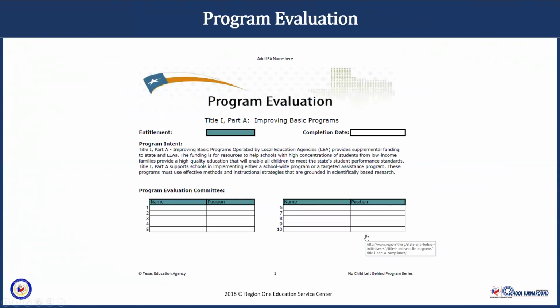So here's the tool, and I think if you click on it, it'll take you to Region 10. They might still have it. I'm not going to get out of the presentation there, but I also uploaded this Excel sheet to our webpage that I showed you earlier. But here's your program evaluation. Okay, the committee. You just put the person's name, their positions. You put it on there, and people often ask me, well, when is this supposed to be done? What time of year? Well,